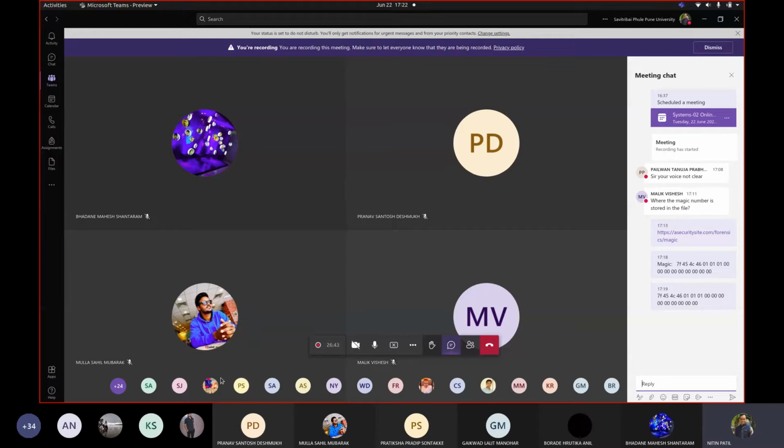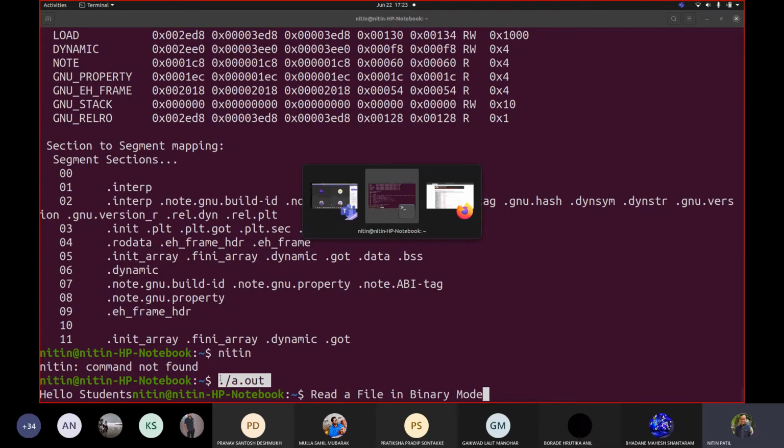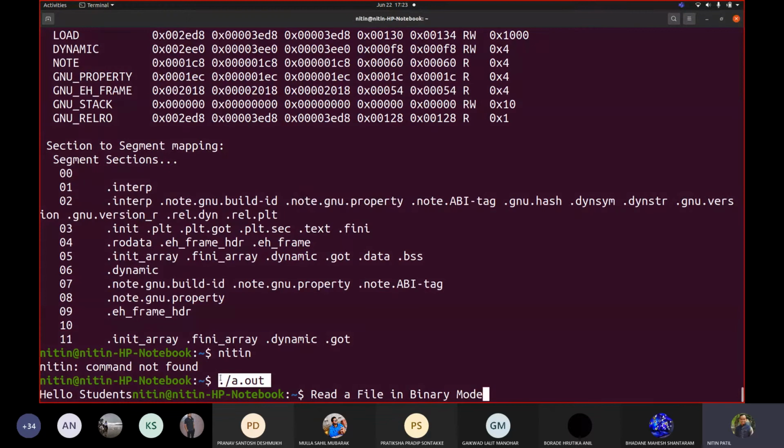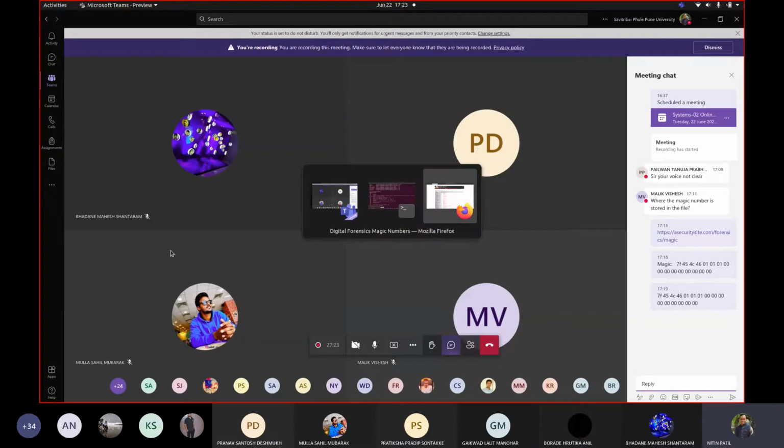Correct. But if I have to open this file which is a JPEG, and if I have to read the contents of it, how do I read it? Because I am not an image editor. My program is not going to be an image editor. If it is an image editor, then it will open that file in image form, the way that we double click a file and open it. Correct. So what should I do then? If I have to read a file in binary mode, there only I can find out this data of the magic number, and you already have information about magic numbers here.